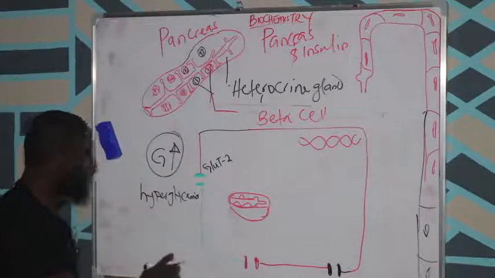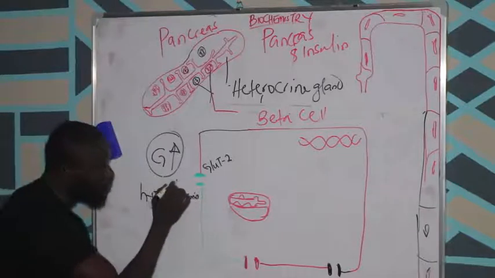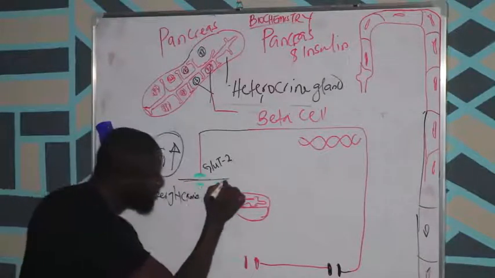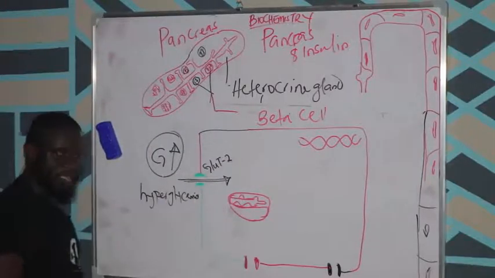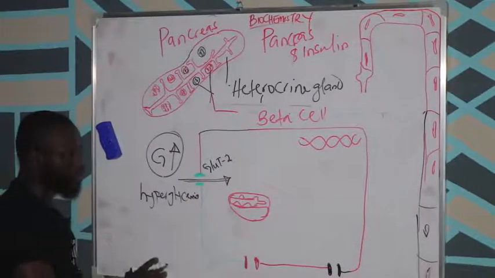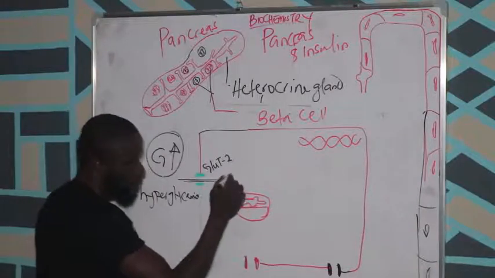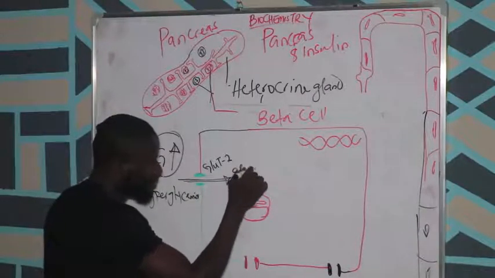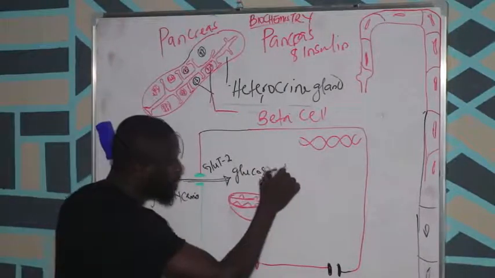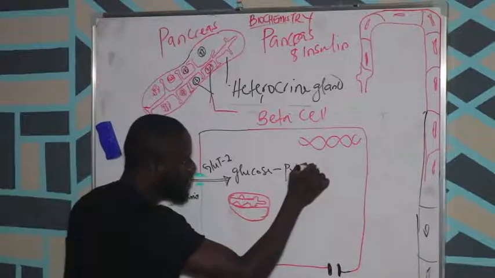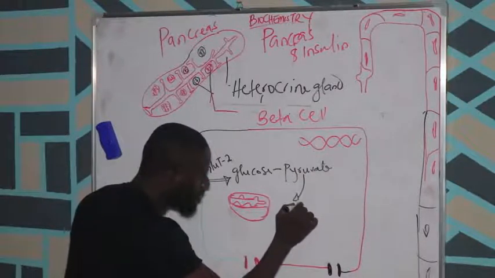So what happens, since in the bloodstream now you have high blood glucose, glucose now comes into the cell. It allows the entrance of glucose into the cell. So when glucose is in the cell, it undergoes phosphorylation, it becomes pyruvate, it becomes acetyl-CoA,